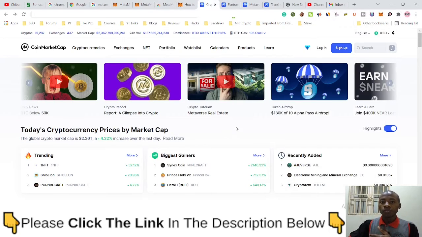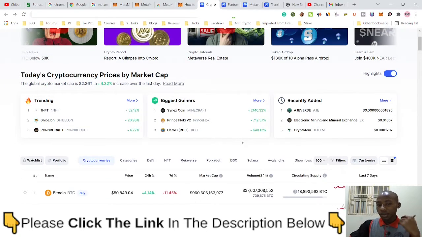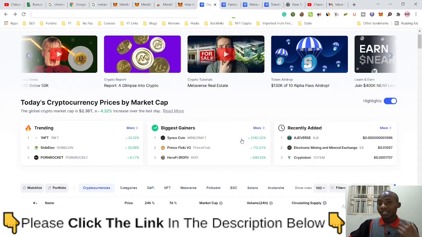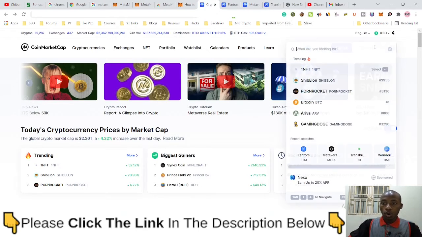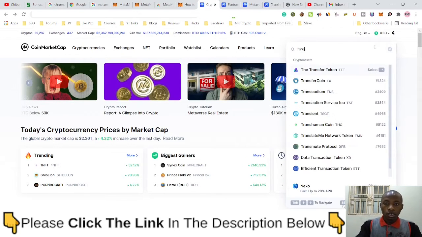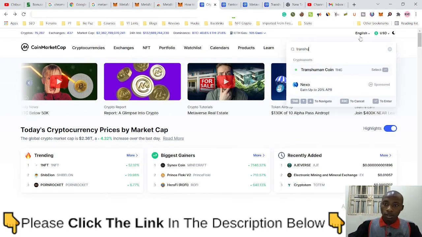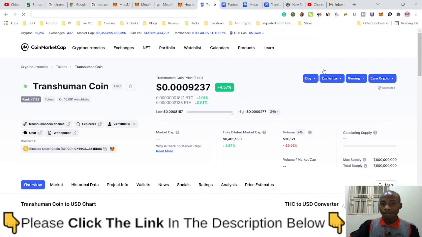The first thing to do is to go to CoinMarketCap. Let's say we'll search for a particular crypto that is on the Binance Smart Chain network. I've already done that, and one crypto we want to go with is the transhuman coin. I know that transhuman coin is on the Binance Smart Chain network.